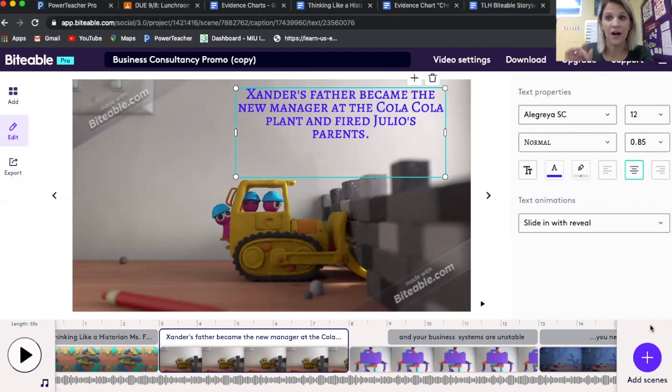If you would like to add a slide, and you don't have to, if you want to do more than 5 slides, like let's say that you want to get into more detail on any of the different questions that you are to answer, what was happening in the community, what Xander and Julio's relationship was like previously, and what happened during the fight itself, you are welcome to, but you are required to have at least 5. And if you are going to add more, you just hit this add scenes button.